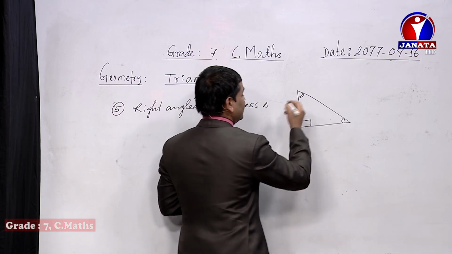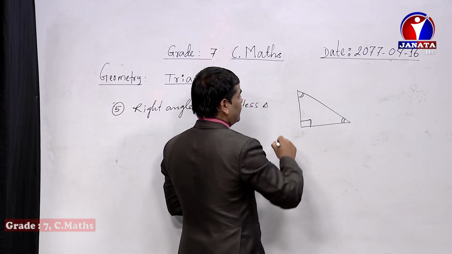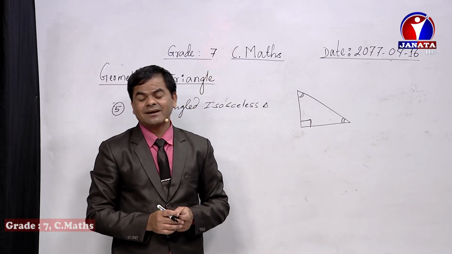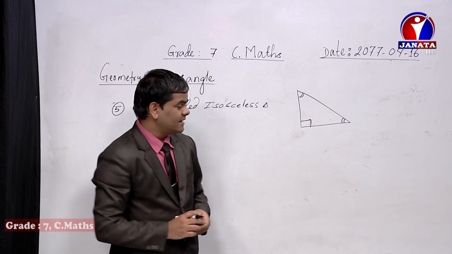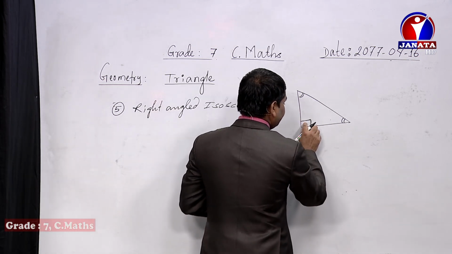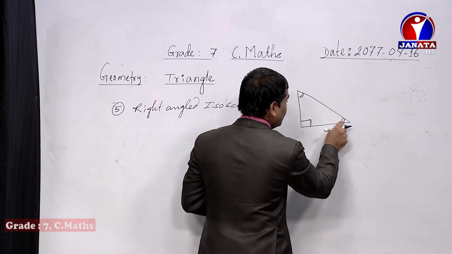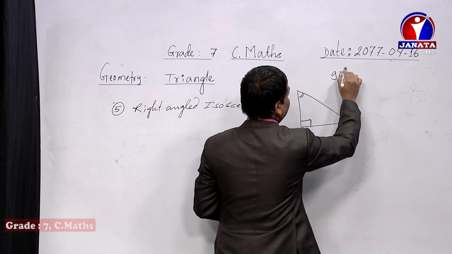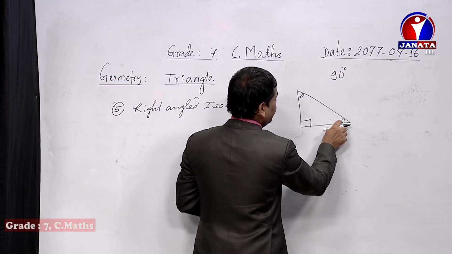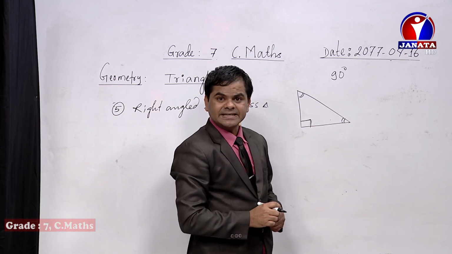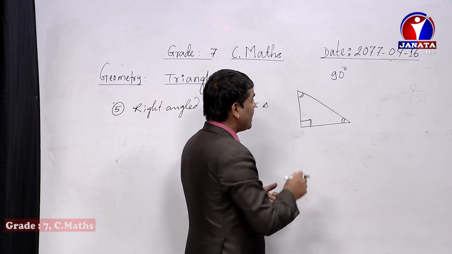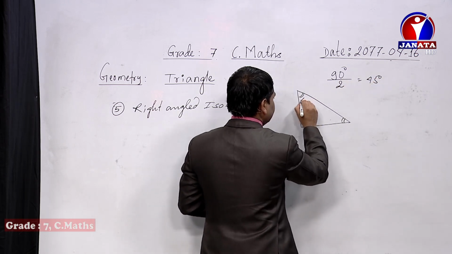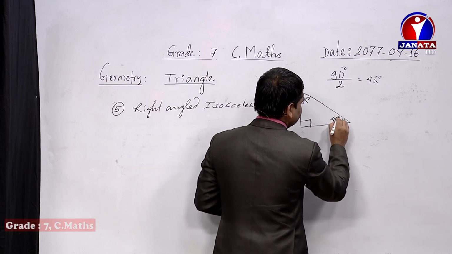At the time, dear student, if this one is 90 degree, in a triangle, whatever the type of triangle, the sum of the angles of the triangle will be 180 degree, isn't it? As a result, if this one is 90 degree, the remaining 2 angles combined also become 90 degree. These 2 angles carry half of the 90 degree value. Because of that, divide by 2, it equals 45 degree. It means this one angle becomes 45 degree, this one also becomes 45 degree.